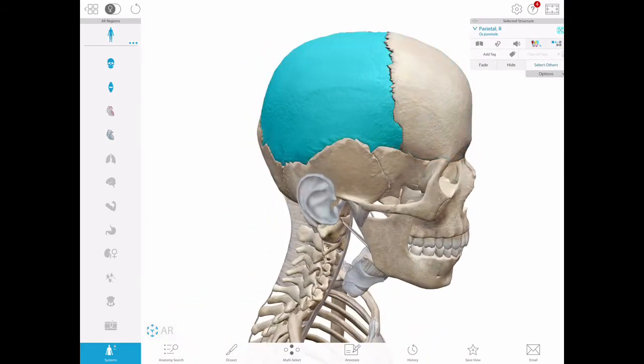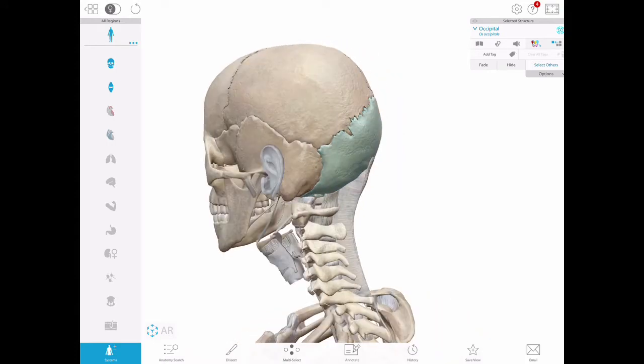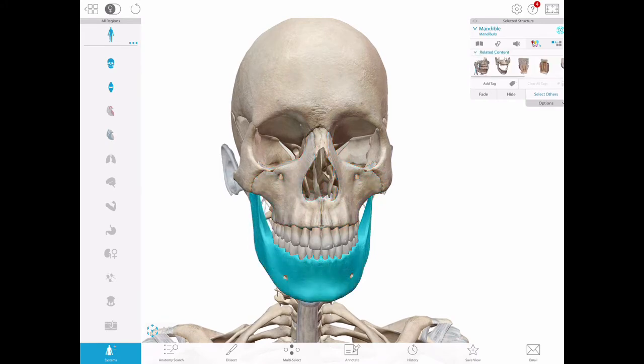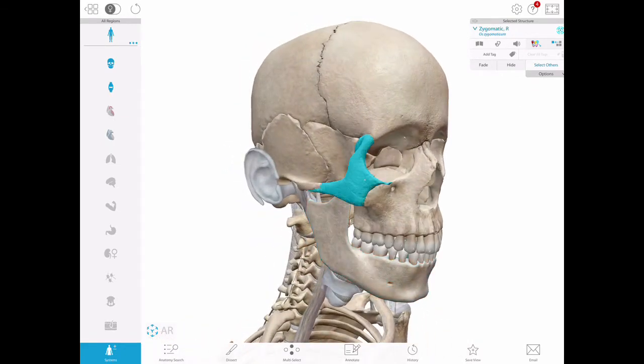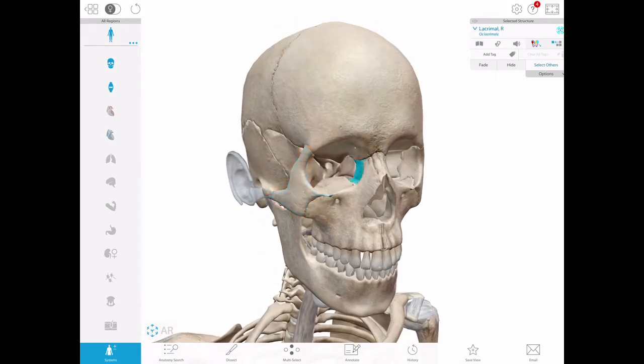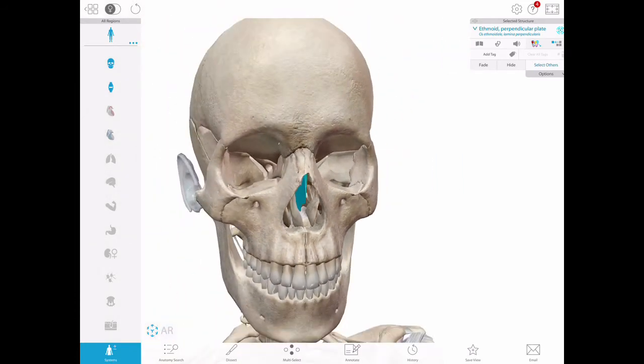Frontal bone, parietal bone, temporal bone, sphenoid, occipital bone, maxilla, mandible, zygomatic bone, lacrimal bone, ethmoid bone,